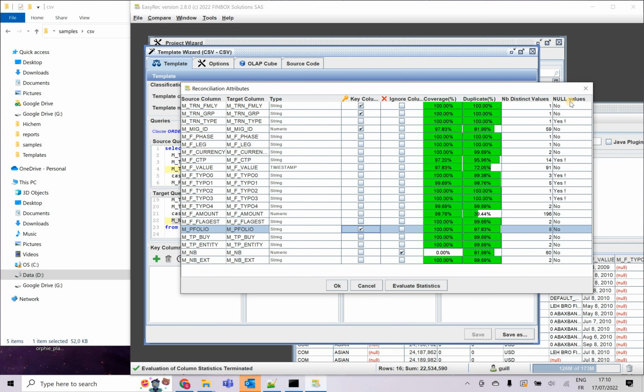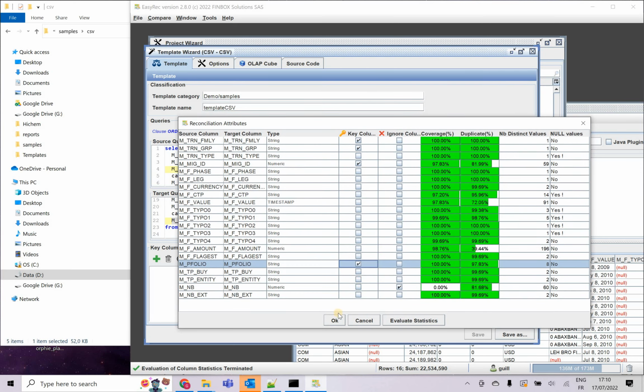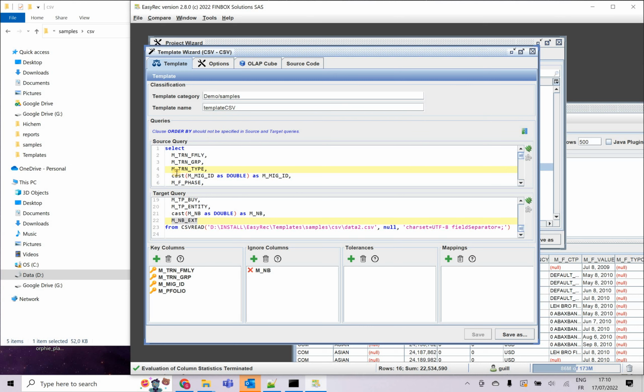So if you have a column that contains null, either you make sure you do not select them as a key, or you do something very simple. So here, for example, it was this column that contains a null. I can say